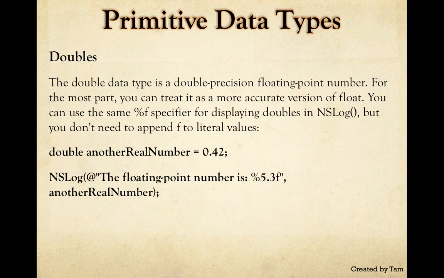Doubles. The double data type is a double precision floating point number. For the most part, you can treat it as a more accurate version of float. You can use the same %f specifier for displaying a double in NSLog, but you don't need to append f to literal values. Double someRealNumber = 0.42; NSLog(@"The floating point number is %5.3f", someRealNumber);